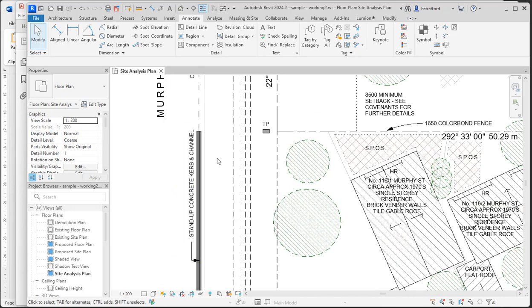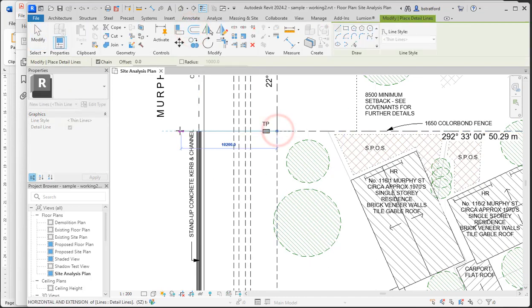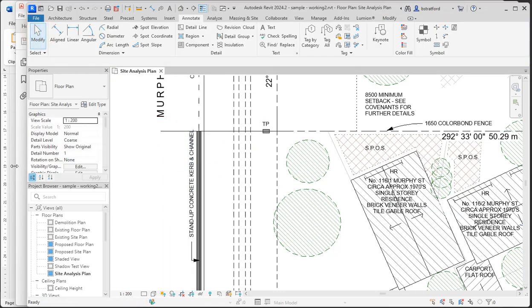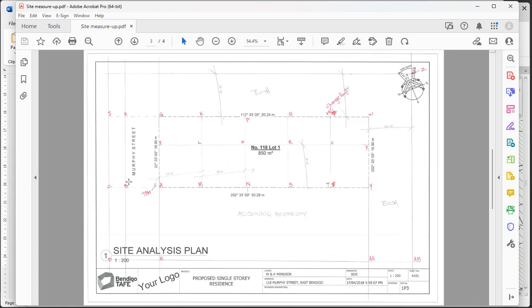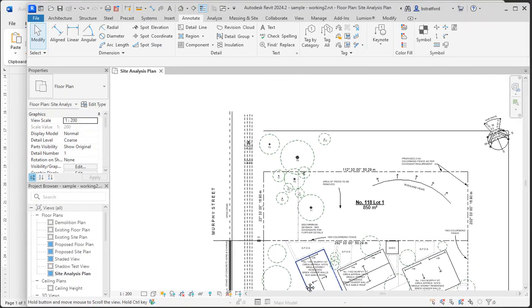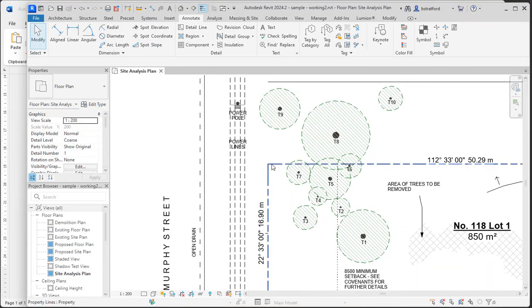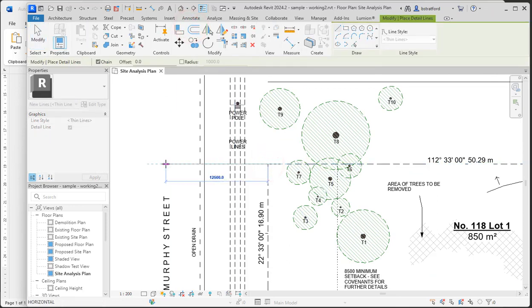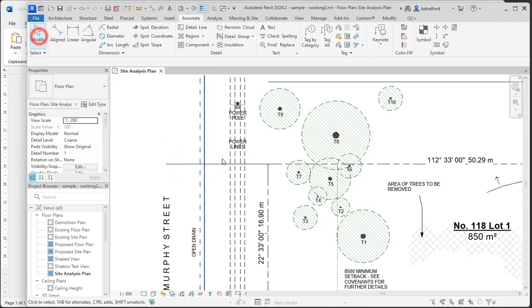Let's continue. I'll pop in a detail line straight from the corner post straight out to the boundary. Modify. That is to get B and C. I'll continue a line out so that I can get J and H, which is a continuation from that point of our tidal boundary. Detail line, just drag a line straight out, modify to finish,